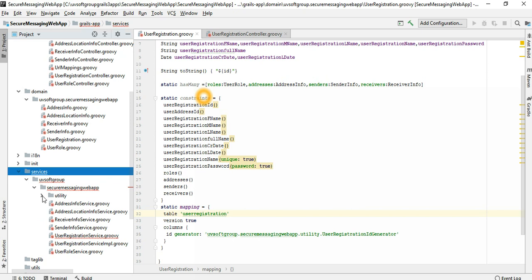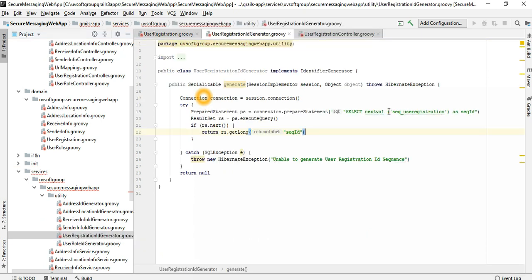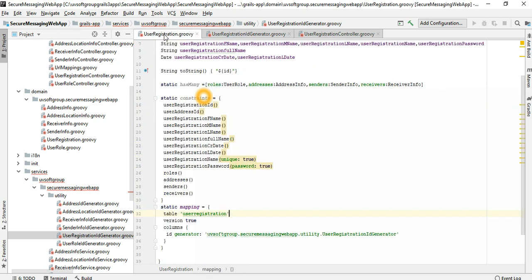utilities, and this is the utility package in the service package, and this user registration generation ID, how the generator ID calls. Because you see that we already defined our sequences, and now we call our sequence as a very simple query, select next interval. That means if it has a 500 now, then next will be 501, because we put it in incremental. We call our sequences, and then we put our sequences into the serializable object, and return the value is the sequence object, and then we call it like,